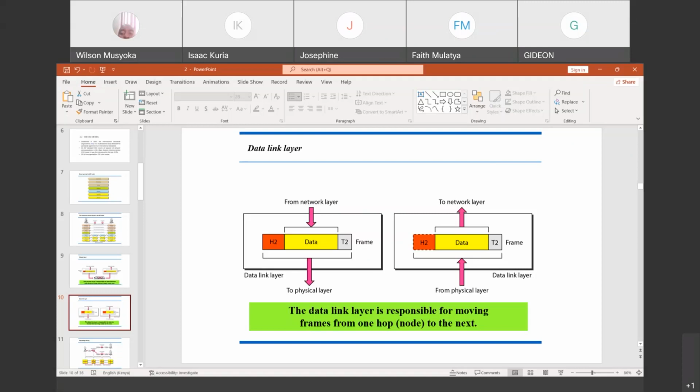Because as the bit was being moved through the physical medium, let's say it was a cable, and somehow it has been affected by maybe attenuation, where the signal has lost strength as it is moving, then it needs regeneration. Or through the wireless, where there was some kind of noise.